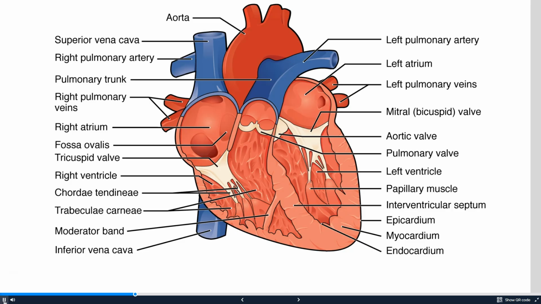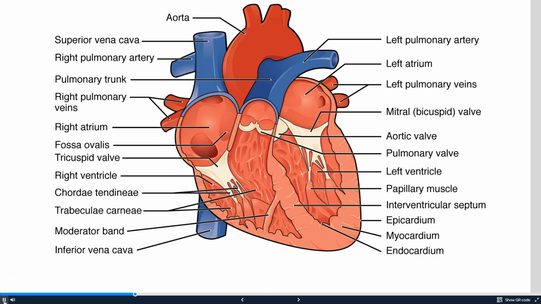We also want to consider the 4 blood vessels that are connected to the heart and the 4 valves, and those can be seen in this view also. Coming into the right atrium, we have the superior and inferior vena cava. The superior vena cava is coming from the upper body, head, neck, and arms, and then the inferior vena cava is coming from below. The blood goes from the right atrium into the right ventricle, passing through the tricuspid valve,